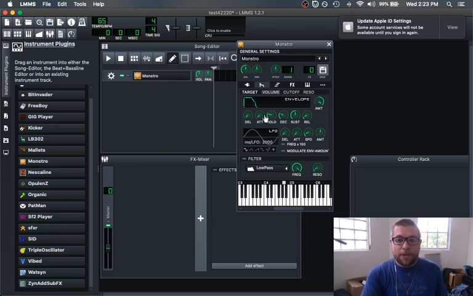Let's bring it in to 100% envelope, and let's bring our attack up a little bit. Let's stay about halfway. Like 1? Yeah, 0.98. Let's hear it now. Hear how it sneaks up now, right? So now I can hold multiple notes down, and it comes in nice and slow. So already I've created a different texture here because we're not dealing with necessarily percussive sounds. We're now dealing with longer sounds.